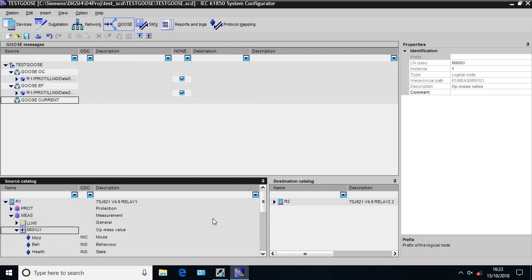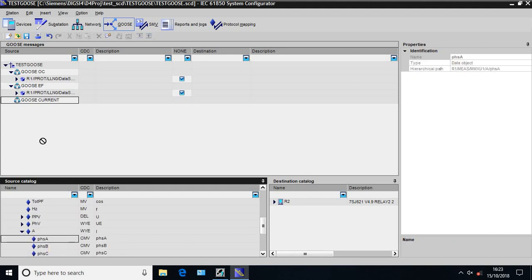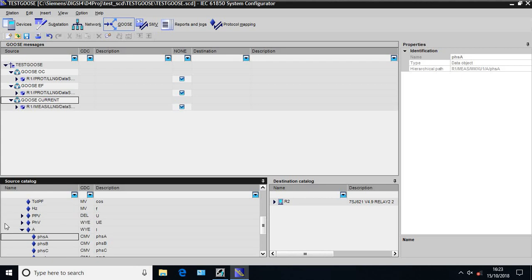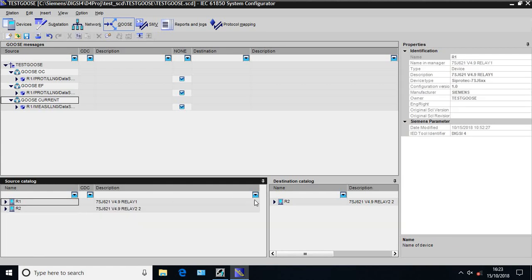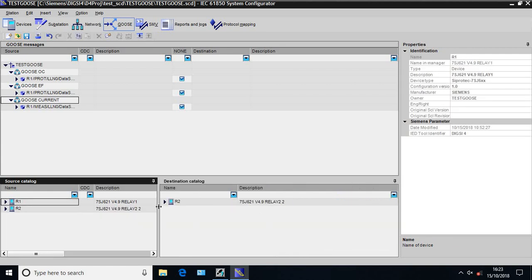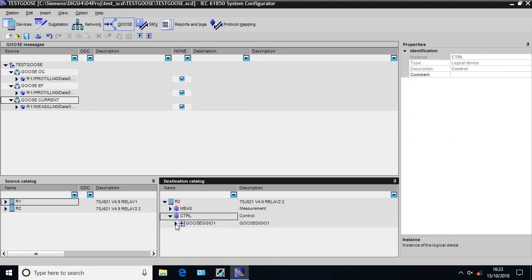Measurements in that MMXU suppose, and this is my current. I'm taking suppose your phase A current. So now I have added all the signals. Now I need to link these signals to relay 2 file. So this is my destination catalog. Here this is my